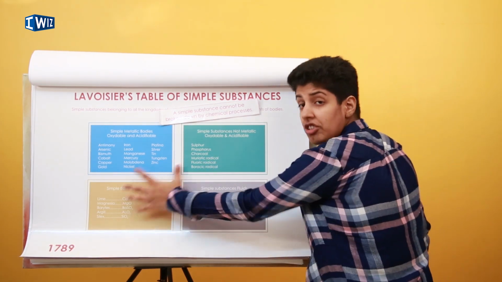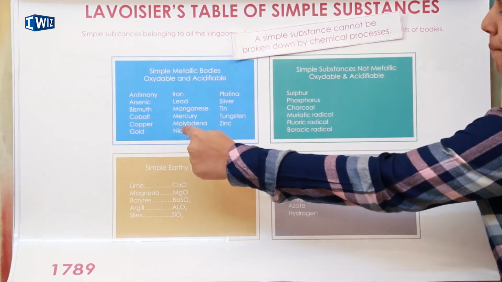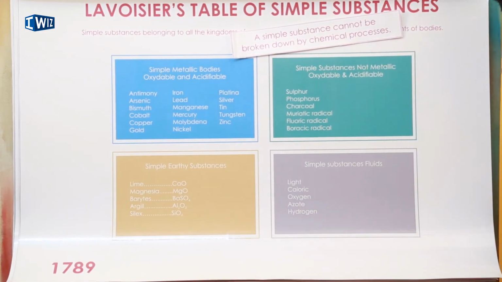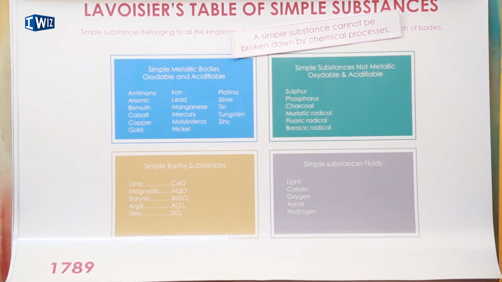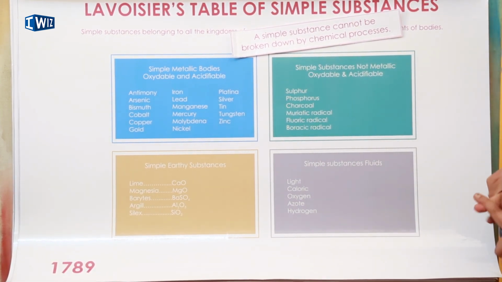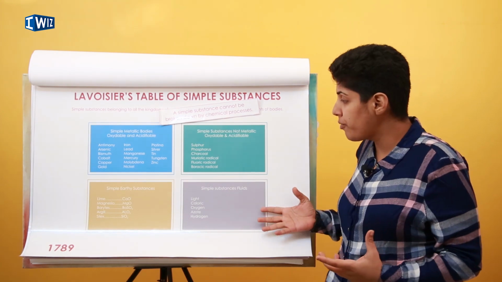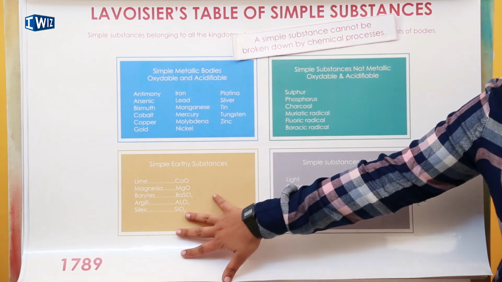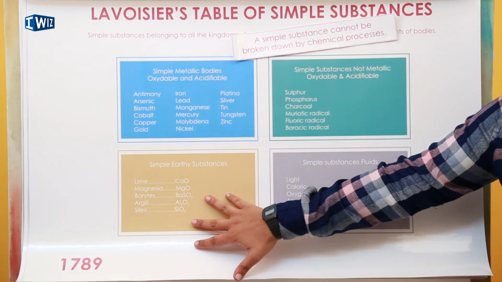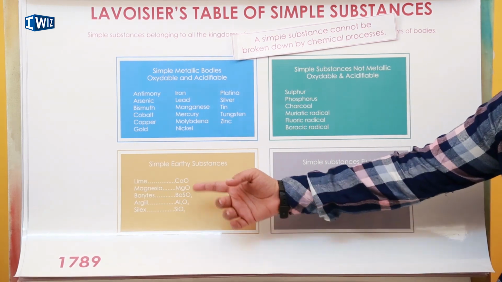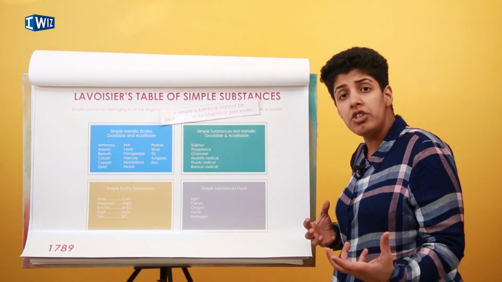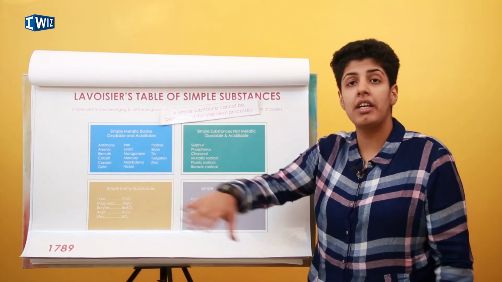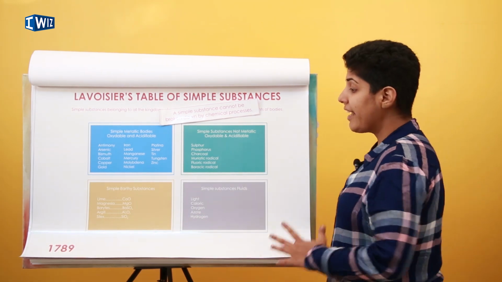He had 33 elements that he had classified. We had metals, we had non-metals that he had classified, we had gases. Now if you see in the gases, he also classified light and heat. At those times they were believed to be elements. And over here we have some compounds that are found in earth. We call them minerals today. So we have calcium oxide, we have oxides, and because he couldn't break them down into simpler substances, he believed these were elements too. He gave us this classification.